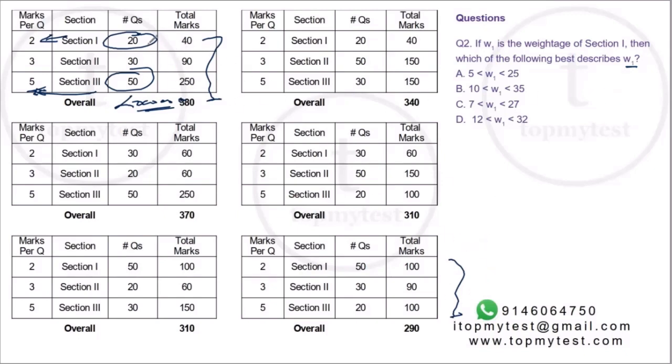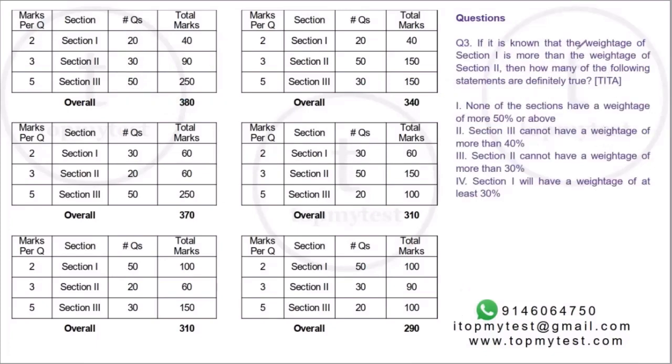Right? Now, what is the value? The lowest value is 40 out of 380. 10% of 380 will be about 38. So the lowest value will be more than 10%. So option D is out. Right. The highest value will be 100 by 290, which is approximately 1/3. Right. Approximately 1/3. So this is the only scenario which fits. This is out. This is out. Option B will be our correct choice. Right. You can quickly approximate ratios. You don't need to use a calculator to solve this.